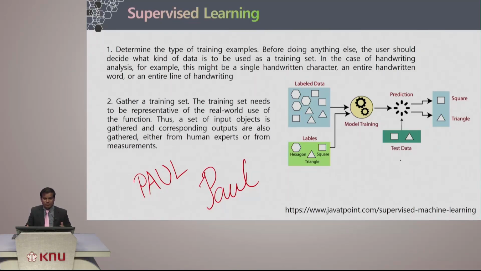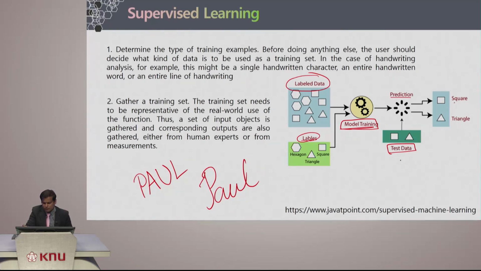forms, maybe from human experts or from measurements or certain data sets you can collect. So you have labeled data, and you take some of that data with a label, and you do the actual training process. Then after which you are using certain real world examples to train, and you are expecting it to provide a result